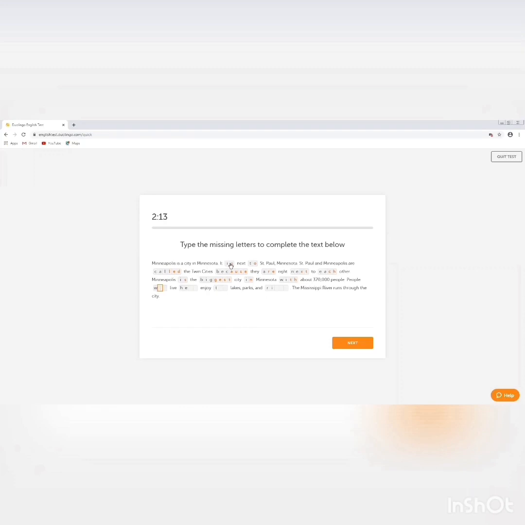You can see that on the top left corner there is a timer which is going on. So here you have to keep an eye on that and then accordingly you have to complete your task. Once you feel that you have done your task accurately, you have checked all your answers, then you can click on the next button. Here I am clicking the letters and I am typing the letters which I feel to be correct. And then once I am done with that, I'll click the next button which is of orange color.